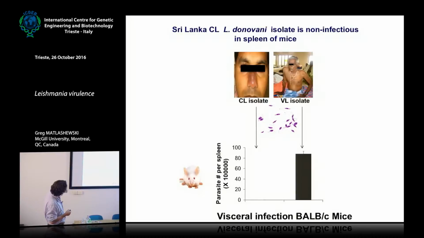Whereas from the visceral patient, you had a similar infection to what you would get in India. You had good levels of infection, typical of a donovani capable of surviving in the liver and spleen in the mouse. So the phenotype in the mouse was similar to the phenotype in the humans here. That was really interesting to me. And at that time,